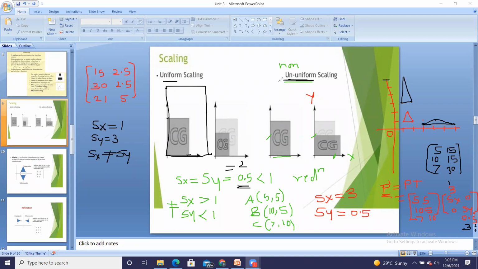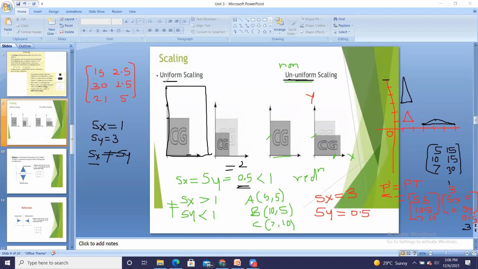Now uniform and non-uniform scaling means what? We are going to follow the scaling along x-axis and along y-axis. Object ची size दोन्ही change होती है, तो horizontally पण increase होतो आणि vertically पण increase होतो. So Sx is responsible for horizontal expansion and Sy is responsible for vertical expansion. If I want to increase the width, then I should increase Sx. If I want to increase the height, then I should increase Sy.